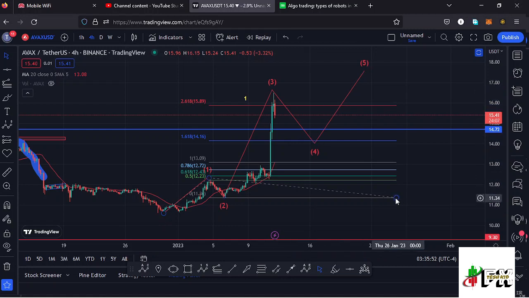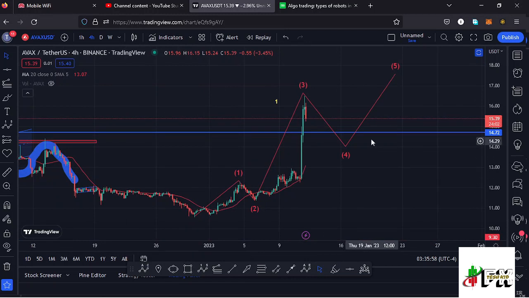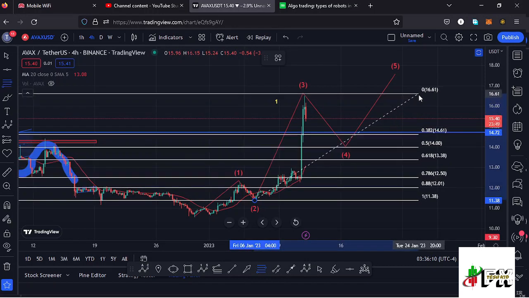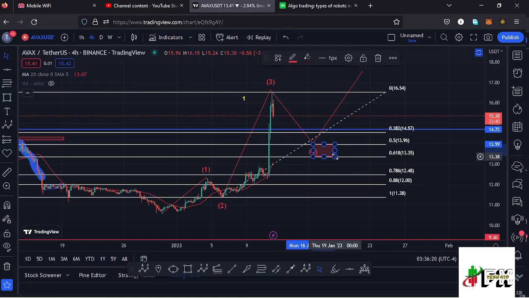And after seeing the formation of a higher Elliott wave count 3, whatever we expect next on the short-term scenarios is the formation of this wave 4, and using the Fibonaccis we can sketch out a minimum retracement area to the lower side in the formation of this wave 4 by connecting the fibs from the low of the second wave to the high of that wave 3, and that gives me a minimum retracement area between the fib level 0.5 and the fib level 0.618, and I can mark that target area here on the charts like that, which perfectly lies between the $13.96 mark and the $13.35 mark, and that is the minimum that I'm expecting this wave 4 to the lower side to do.